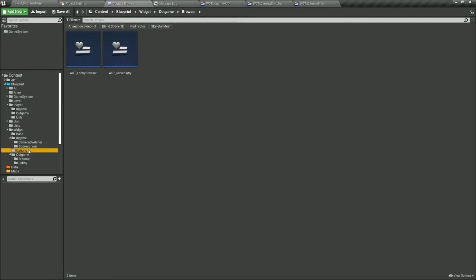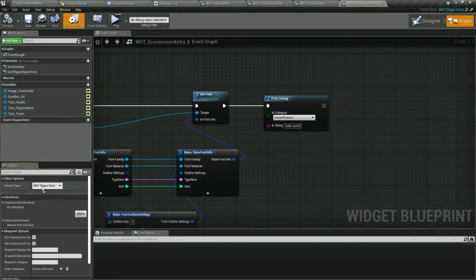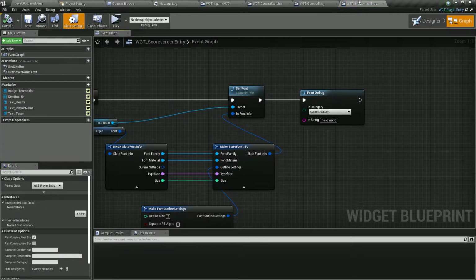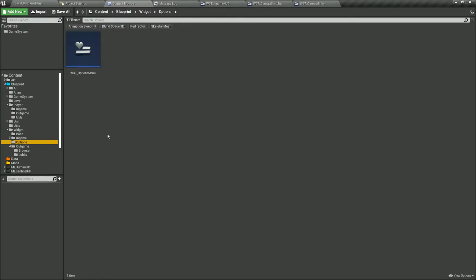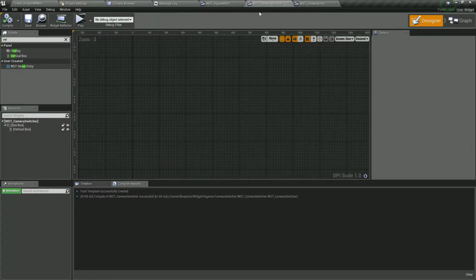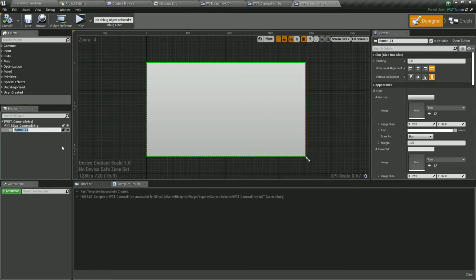So still the camera entry, we don't have any other button, I guess. Score screen entry, is that a button? I guess it is, but it's a player entry, even more than a button, but we're not using the logic there. So that's good for that. So the camera entry, button camera,